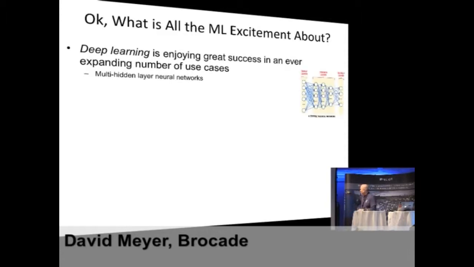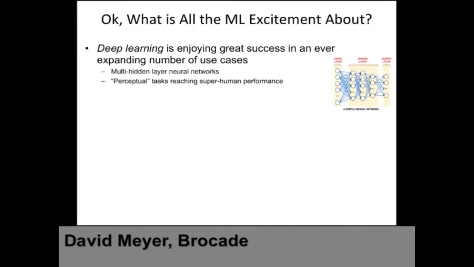On the left, I guess it would be on your left, there's an input layer. That's the piece of data you hand to the thing, and it transforms it in such a way that it can either classify or compute a function or something like that. And tasks that you might think of as perceptual. What's perceptual? Well, vision, language, audio, all that stuff that you do, smell. Those are reaching what are considered to be superhuman performance levels. So what does that mean? You have a standardized benchmark. Human can get this kind of error rate. I can write a program now that does better. That's superhuman.